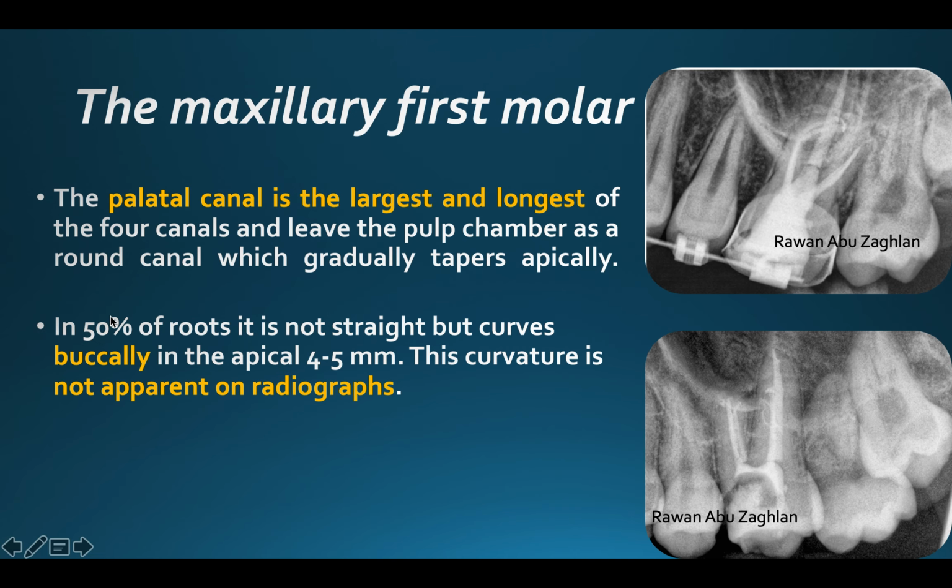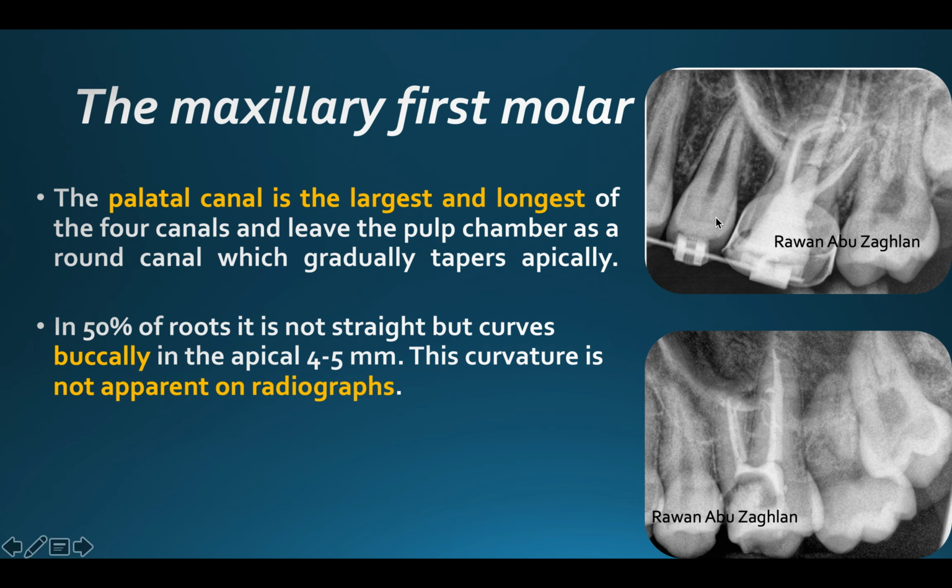As we have mentioned previously, the palatal canal is the largest and the longest of all 4 canals, and it leaves the pulp chamber as a round canal which generally tapers apically. So the diameter of the palatal canal will become less and less as we move apically. In around 50% of the roots, it's not straight, it curves buccally in the apical 4 or 5 millimeters, and